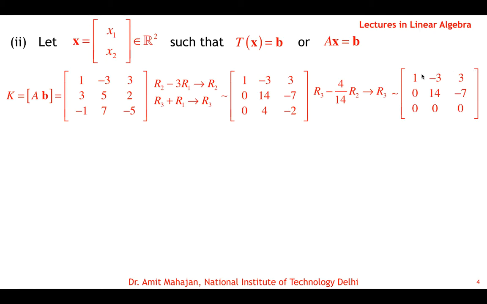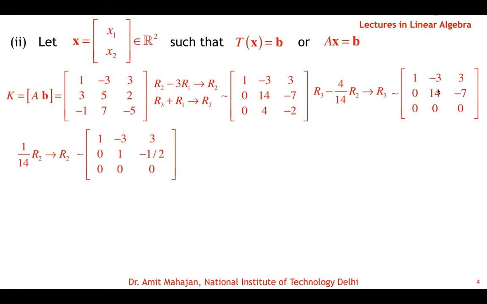So if the system is consistent, we can solve it and find x1 and x2. Remember that the first column is linked with the first element x1, the second column is linked with x2, and this third column is the right-hand side b. So we can solve and calculate the x2 variable, and then we can calculate the x1 variable. Or you can reduce it to reduced echelon form: make this element 1, and then make the element at the 1,2 position 0 to reduce it to reduced echelon form.